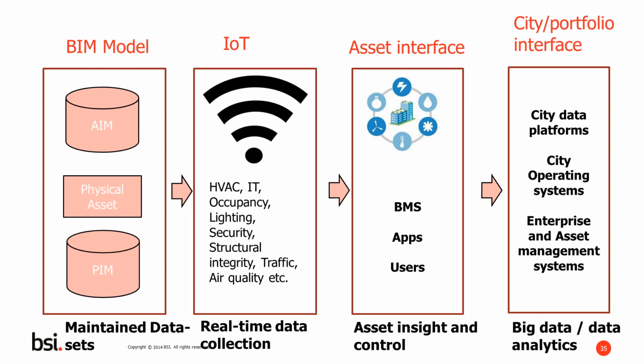and then we also improve the interfaces with assets, so the asset insight and control systems, building management systems, maybe apps and users themselves, we might be able to produce a platform which will enable smart assets and smart buildings to be better operated and used, and to enable a city portfolio view of those smart assets and smart infrastructure. And of course, on top of that, with all this additional information that might be available, we'd need to be thinking about the enterprise and asset management systems required to enable this to happen, the amount of data that's going to be coming out of it, and how we're going to be able to manage that data as well as analyze it to get optimal use.